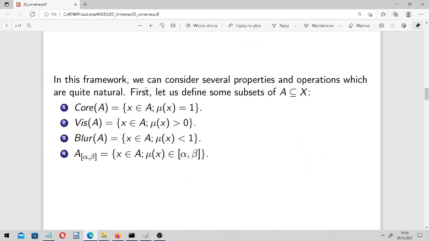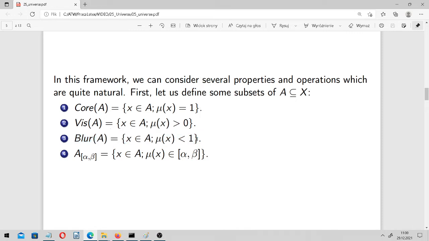In this framework, we can consider several properties and operations which are quite natural. So, for example, if we have a subset A contained in our universe, then we may consider the core of A, which consists of those elements which are completely true, authentic, for which this visibility level is exactly 1. Then we have the support of A. So these are points for which mu of x is strictly greater than 0, so they are visible, but they may be blurred, because the blur of A is the set of those elements of A for which mu of x is